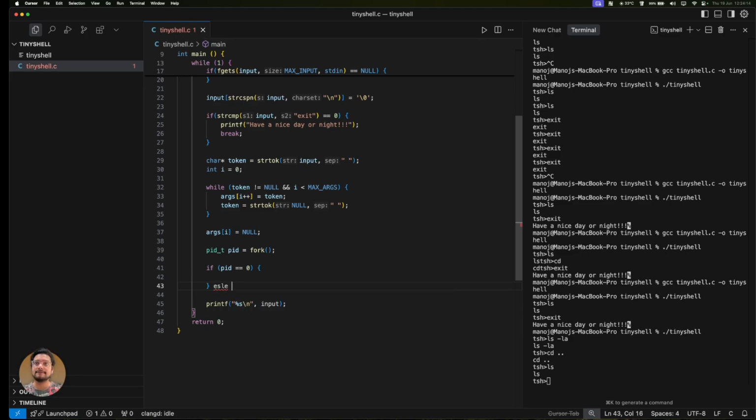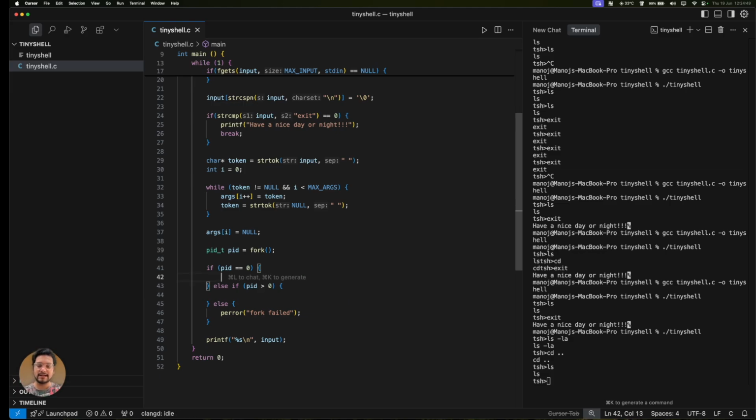And if you're not 0, but PID is bigger than 0, then you are the parent program. Okay. And else, there is an error, right? So something happened, so we're just going to say perror for failed. The reason I'm using perror is because it also adds additional error information about what happened. So if PID equals 0, we are going to